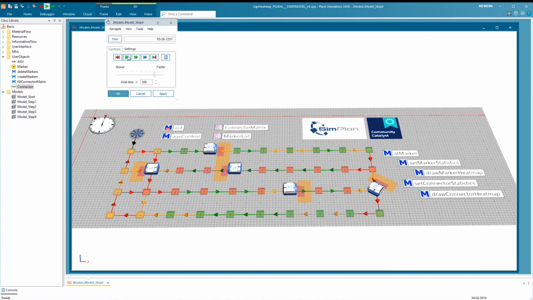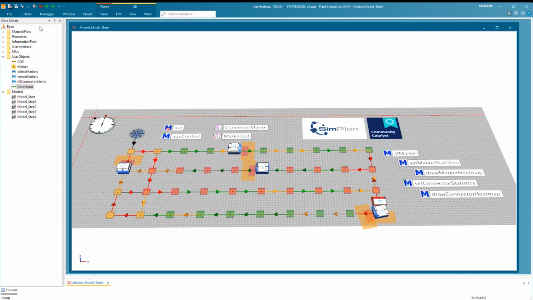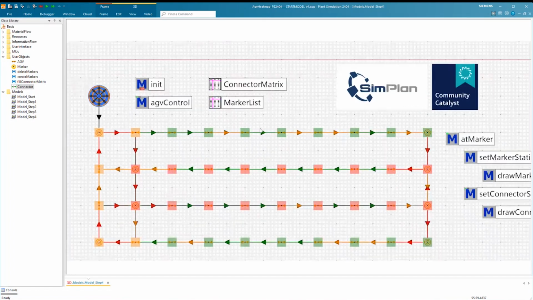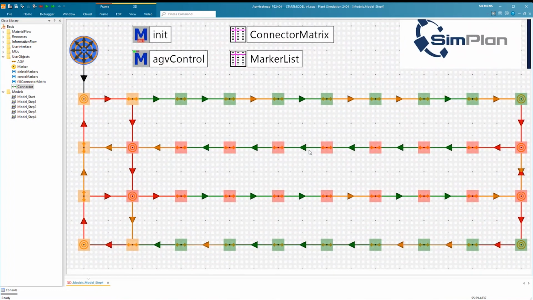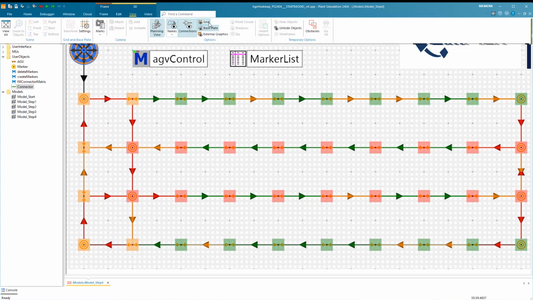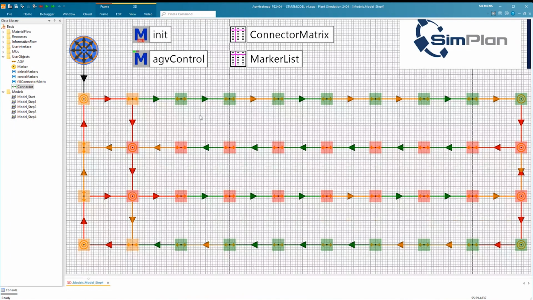But yeah, you can see the different colors now in the layout of the connectors. For the connectors, I simply use the built-in color attribute to make the implementation easier. And for the markers, I added a color cube in a graphic group that I paint in different colors. Looking at the layout now, you can see it better with this.